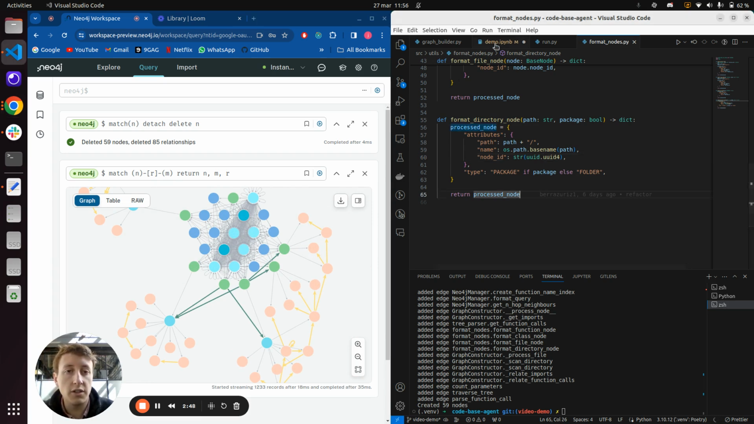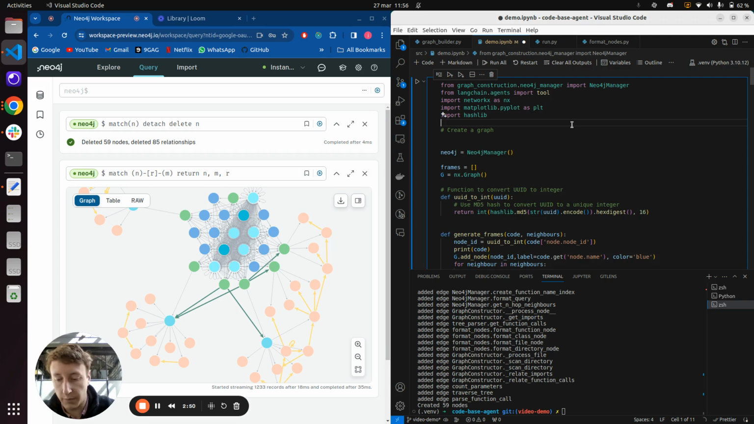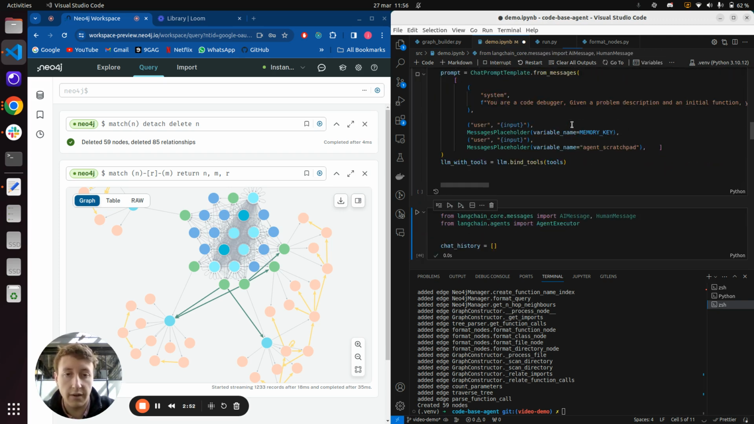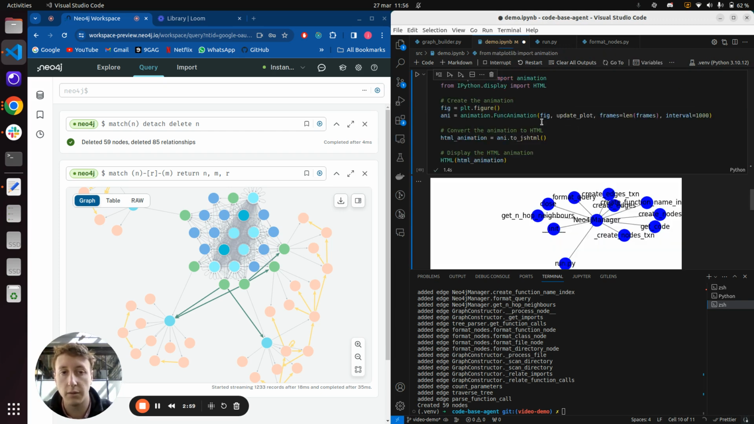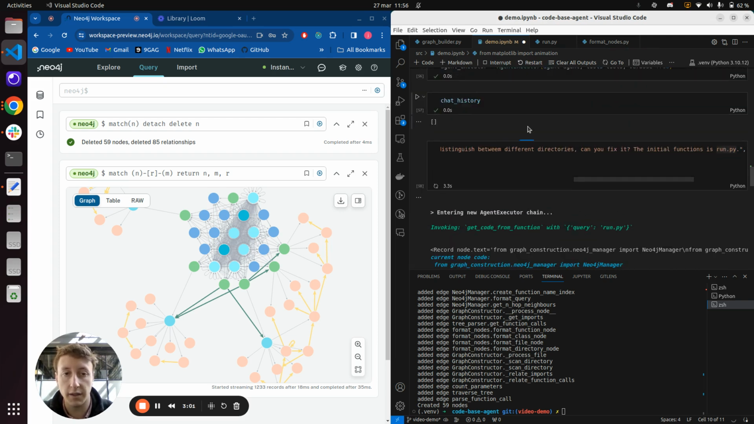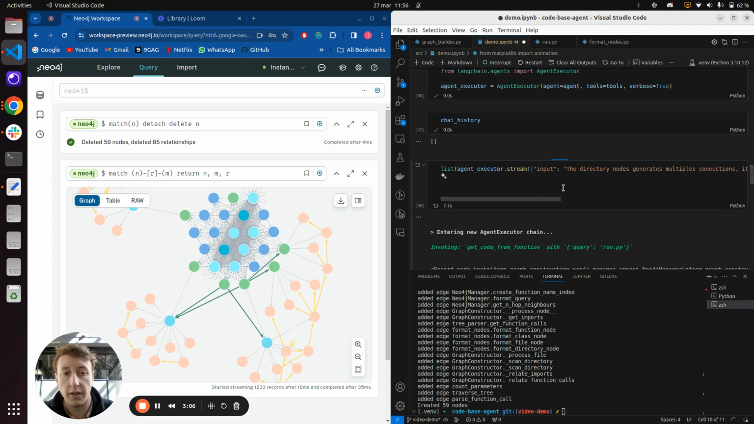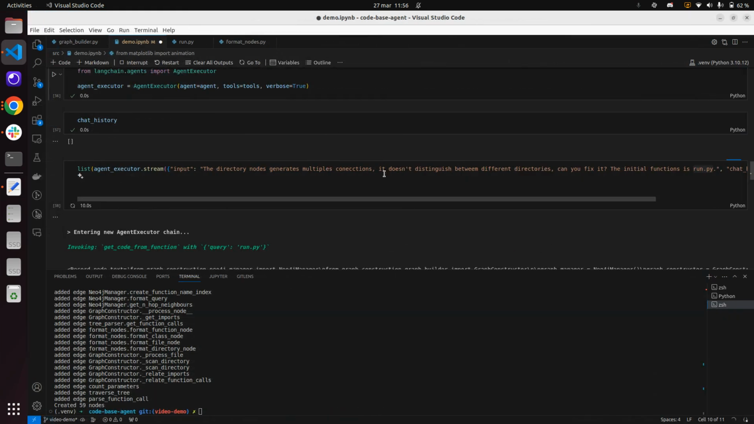So the agent that we built is going to have a prompt that explains the error or the symptoms of the error really ambiguously or superficially. And the agent is going to traverse the graph trying to find the error. So the input that we gave is: the directory nodes generate multiple connections, explaining what our code does. It doesn't distinguish between different correct directories. Can you fix it? And we give it a starting point,